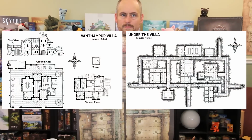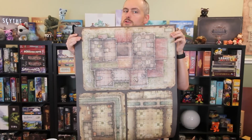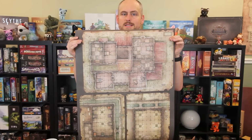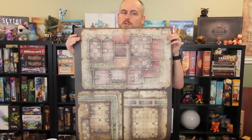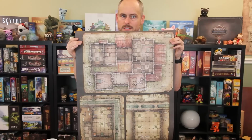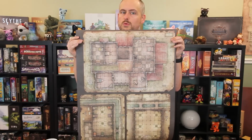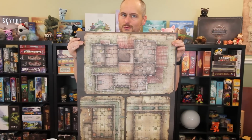also from Chapter 1. The top portion of this map represents the second story of the villa, where most of the encounters in the villa take place. The bottom left portion of this poster features areas V32 and V33, the cultist sleeping quarters and the hallway leading to it. You also have sections of the sewer tunnels, which encircle the area, and where characters may encounter roaming